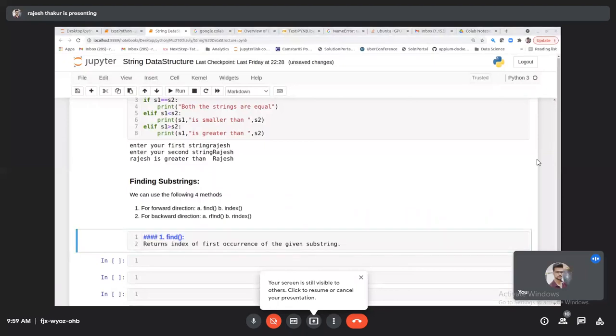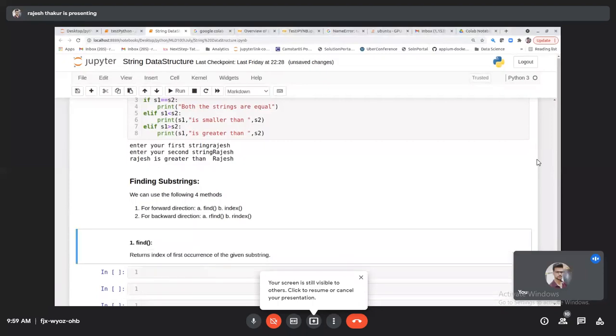So let me give the example. Here is one string, s is equal to, we are learning Python.